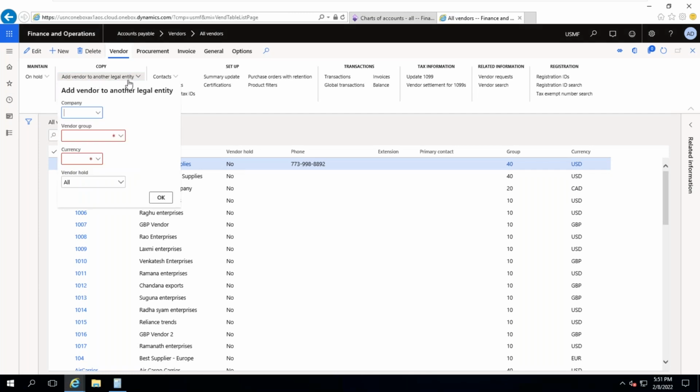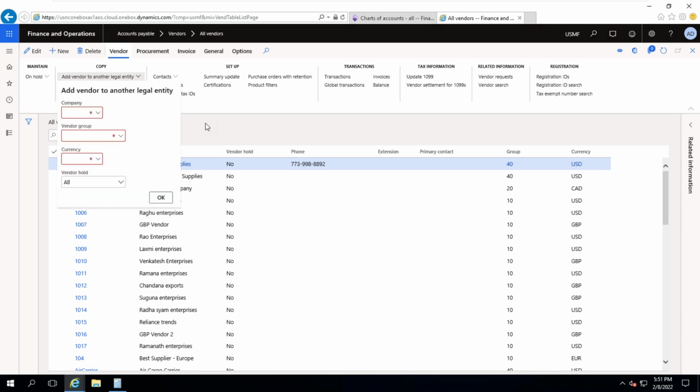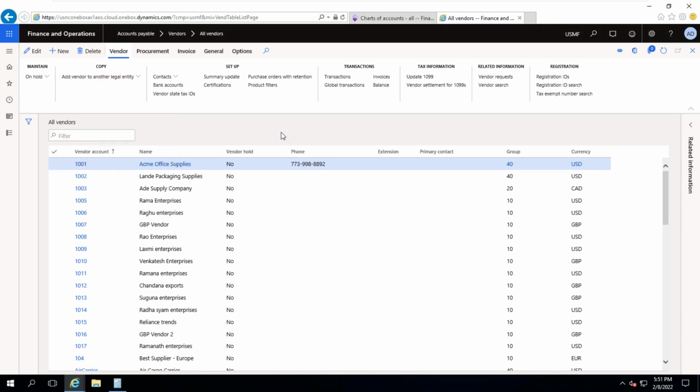You can add the same vendor to another legal entity, and then it will be shared. I mean to say it is not shared data, but you can use the same function. It will be shared, like copying the data. So you can select the legal entity and copy this data, so that you can fill in the remaining details in the other legal entity. That is the copy function. Once it is copied, if you want to see global transactions, you can see them directly. That means if you want data from multiple legal entities, some reports will be available.